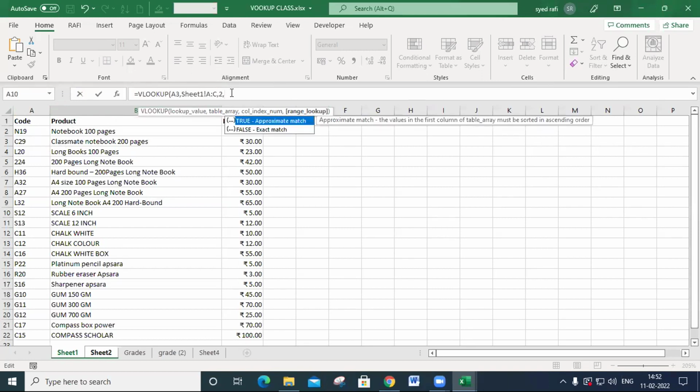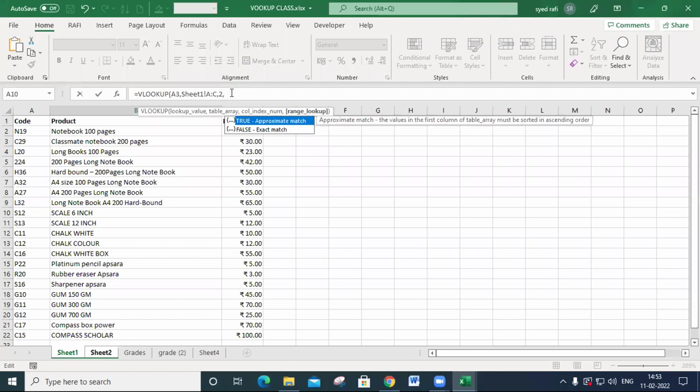Here there is a very important parameter in VLOOKUP: true or false. This is the range_lookup. In the range_lookup, there are two options, true or false.